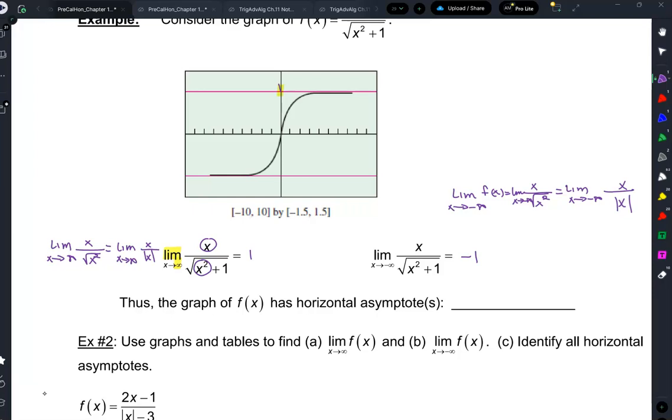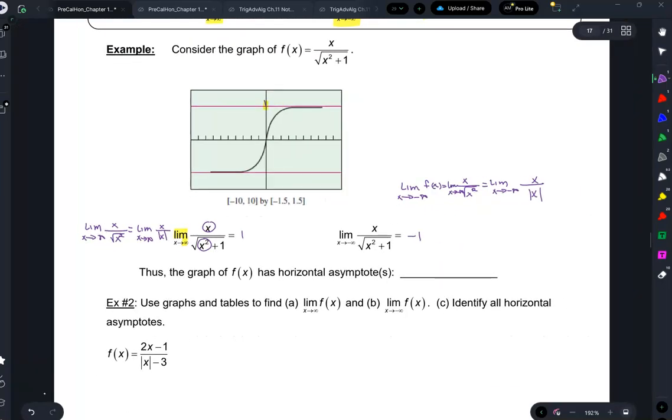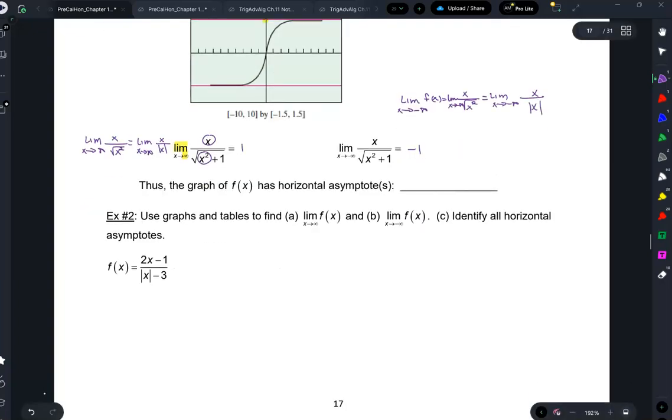So both with the graph and with this, we're coming up with the same thing. So it could be that this exact same question or something very similar shows up on a test at some point, and you are not given the graph, you are not given a calculator, but do you see how we can find what the limit at infinity is, even though we might not even know what that function looked like? Okay, so now, because the limit as x approaches infinity is 1, there is a horizontal asymptote